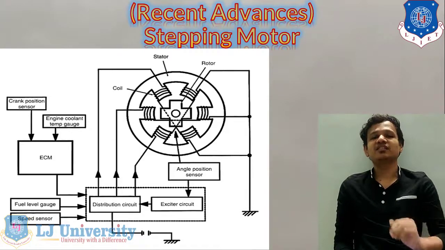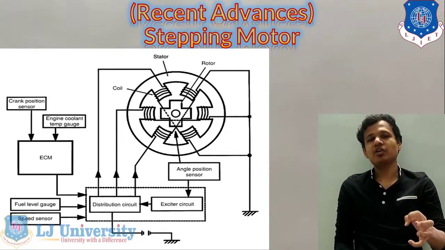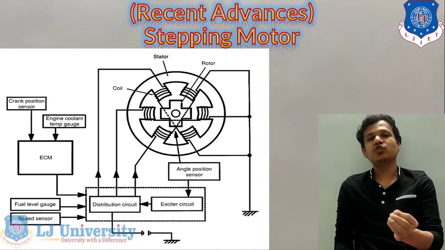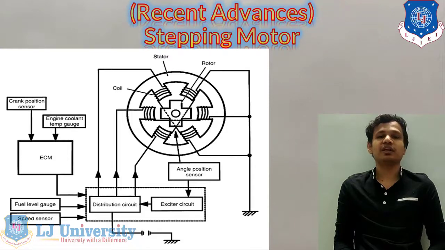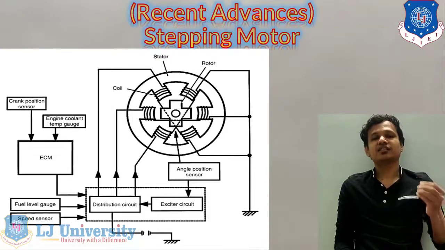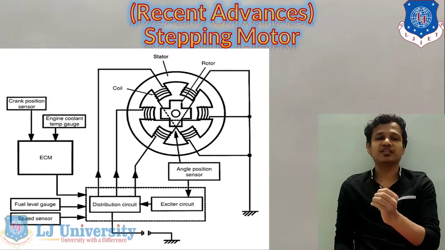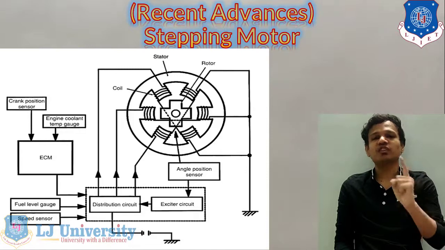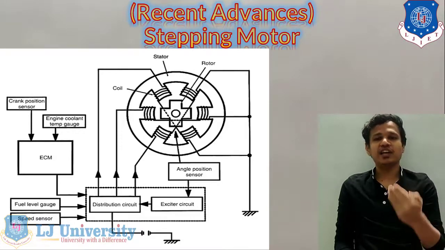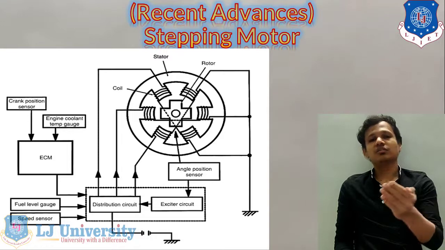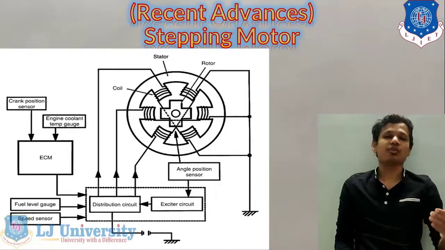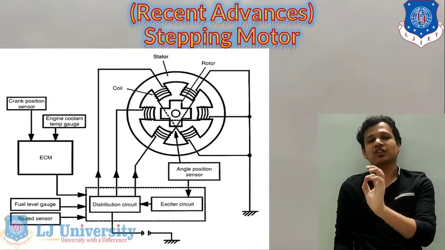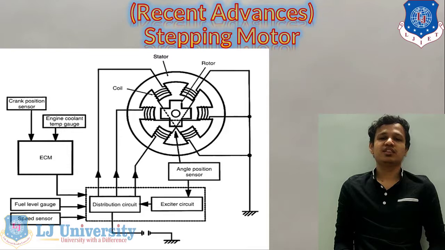And the second one is the stepping motor. The stepping motor is a newer advance in the case of the two-wheelers, which is generally used with the indicators that we saw in the previous slide. In that case the stepping motor uses different sensors, and with those sensors it shows us the readings of all the values with only one component. In manual readings all the values are shown with different components, but this one component shows you the reading of all the components that we need to see on the dashboard.